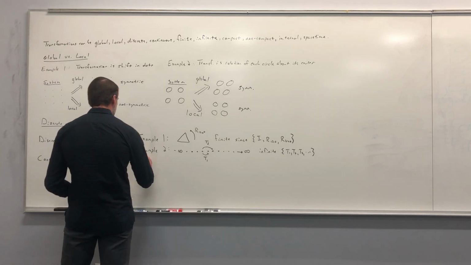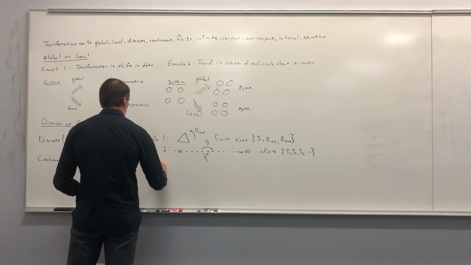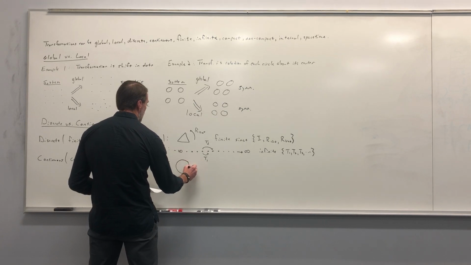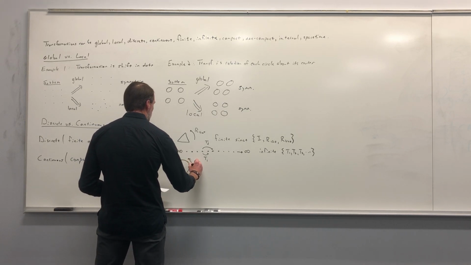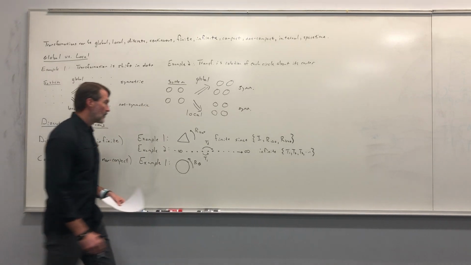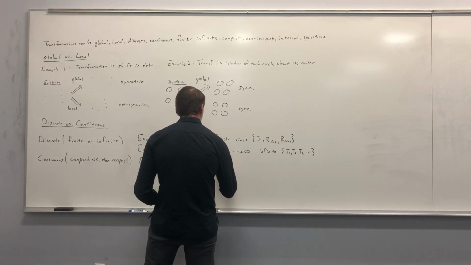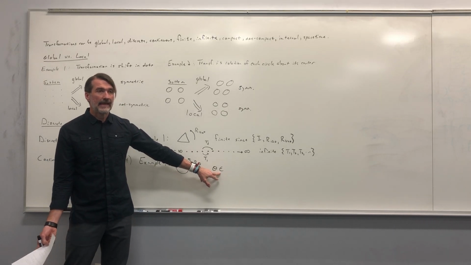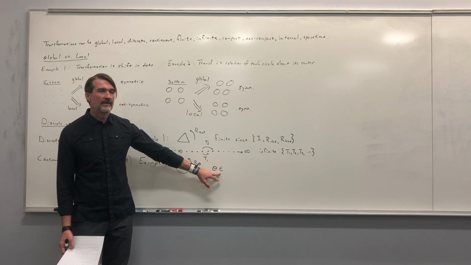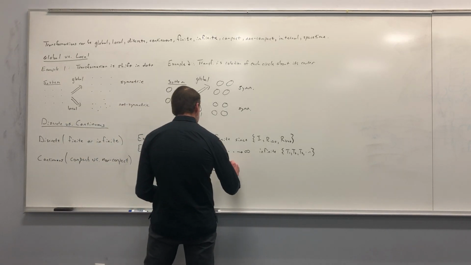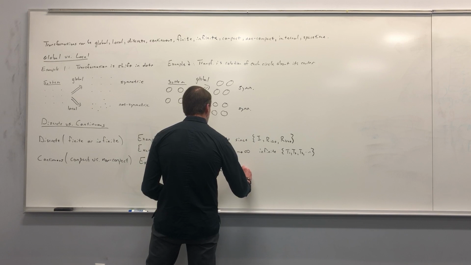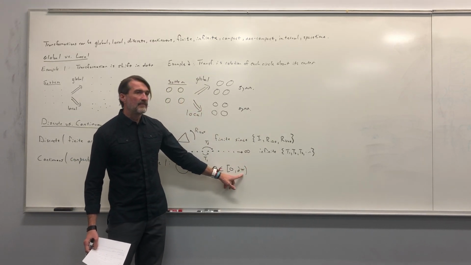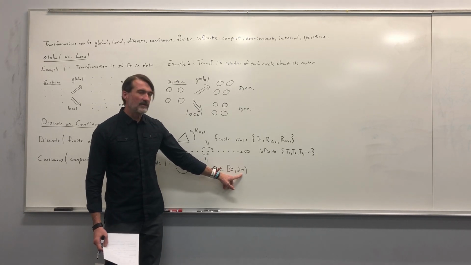So let me give you examples. So example 1, if I take a circle and I think about rotating the circle by an angle theta, well, theta lives, so this epsilon looking thing just means it's contained in the set. I'll write this rather often, so that's what that means. This is contained in the set, which starts at 0 and goes up to 2 pi. The square bracket means it includes 0. The round bracket means it gets all the way as close as you want to 2 pi, but it doesn't